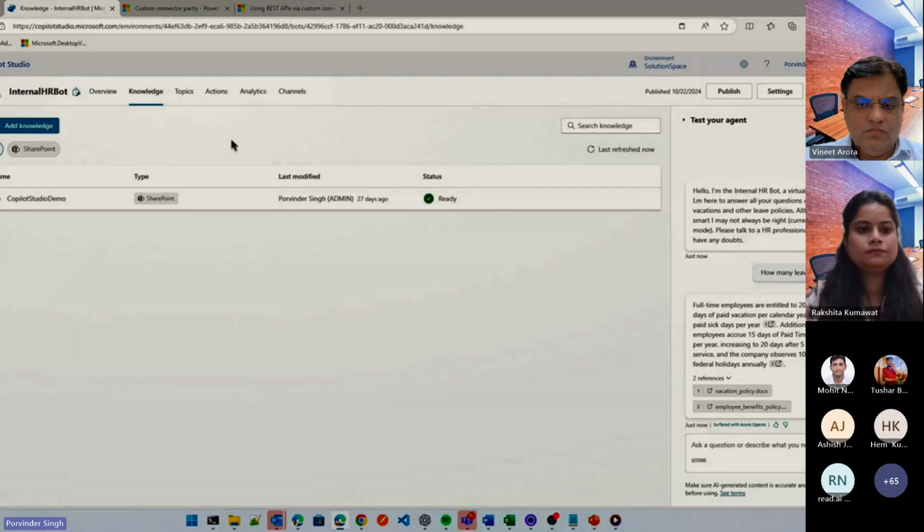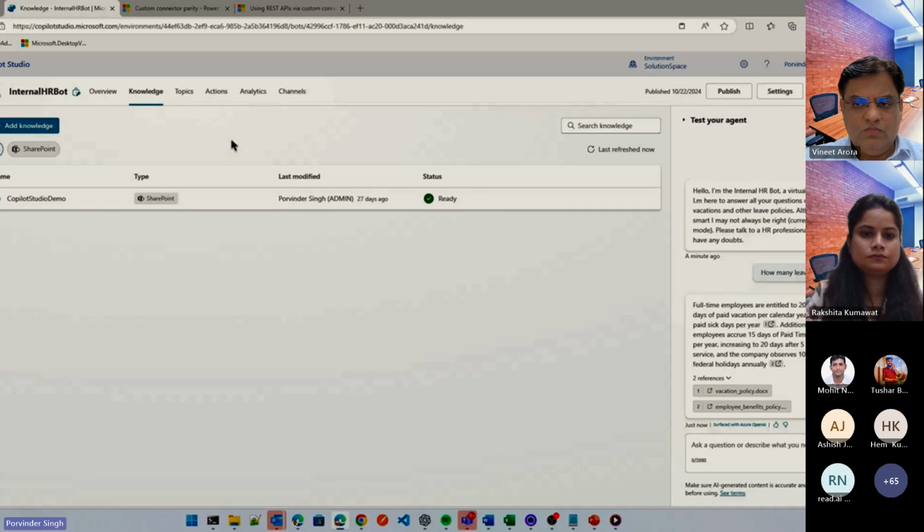We have given it knowledge sources where we are saying that it can either connect to public websites or it can gather the information from SharePoint sites. But what if I don't want it to just share information with the user? What if I wanted to do some automation as well? In here, I'll stick with the internal HR bot for this demo,